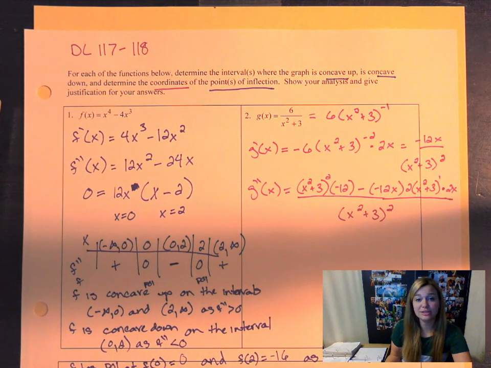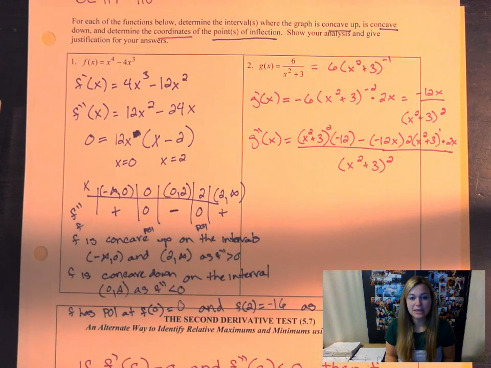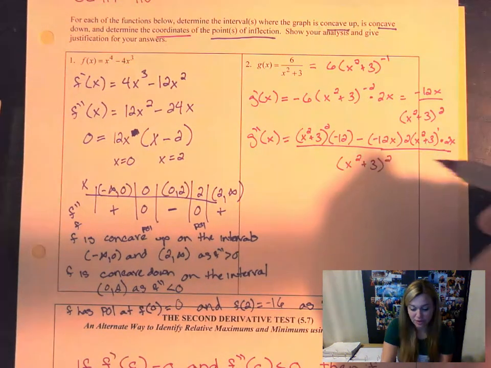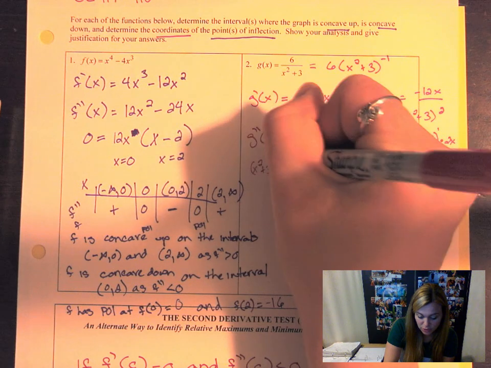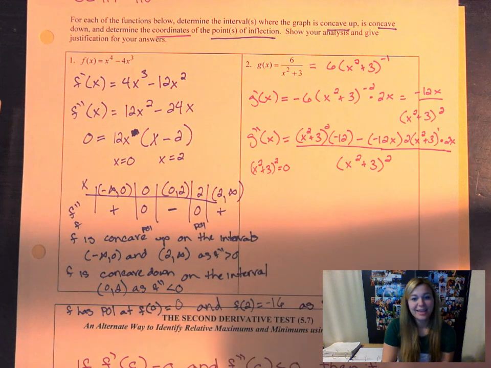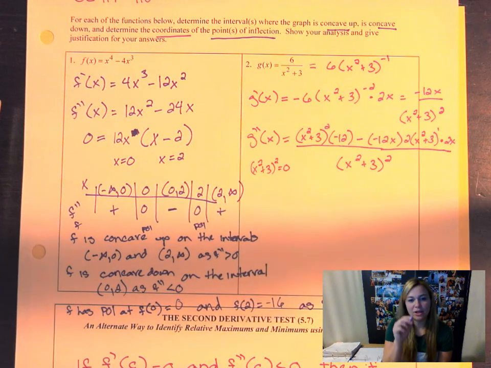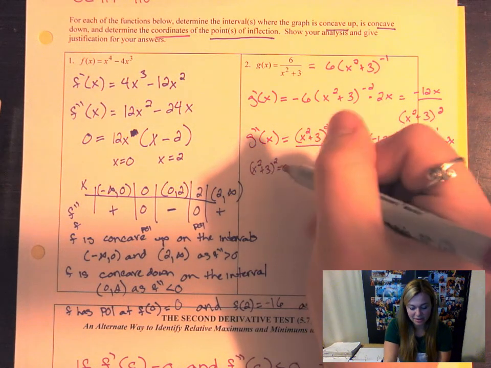Okay, so this all looks like a lot, but what I want to do with this is figure out where the second derivative is equal to 0 or does not exist. For does not exist, I would just set the denominator equal to 0. x squared plus 3, squared, is equal to 0. If I have something squared plus 3, think about this. This is like a parabola, but it's 3 units above the origin. It's never going to be at a place where x can make this equal 0,